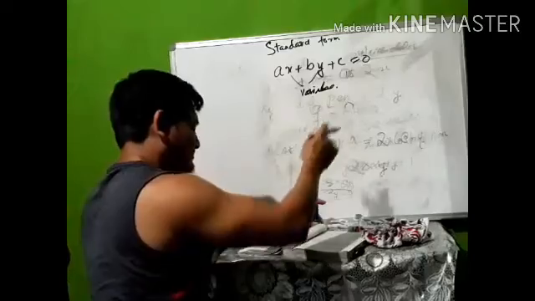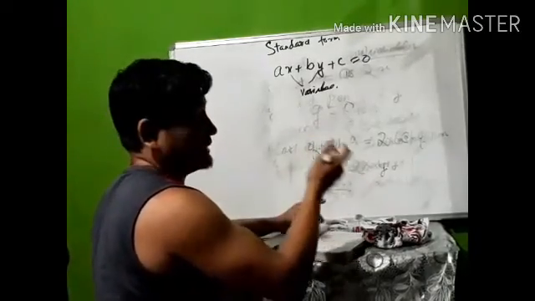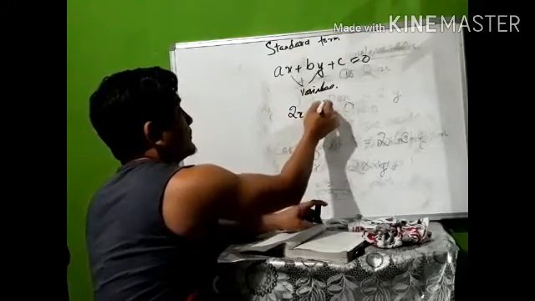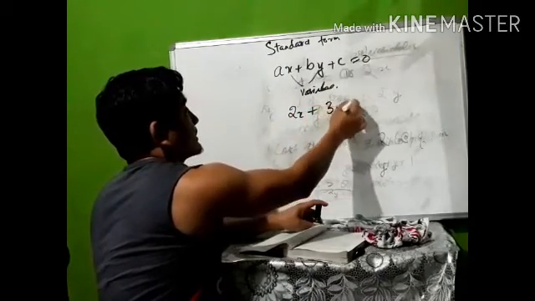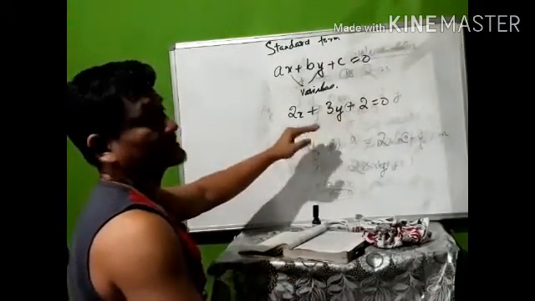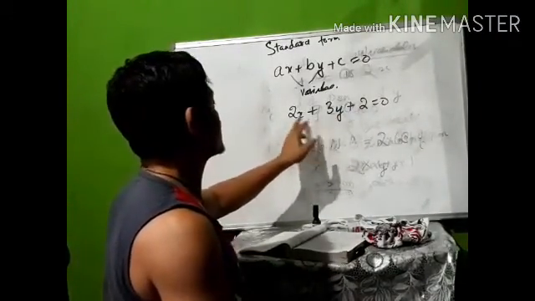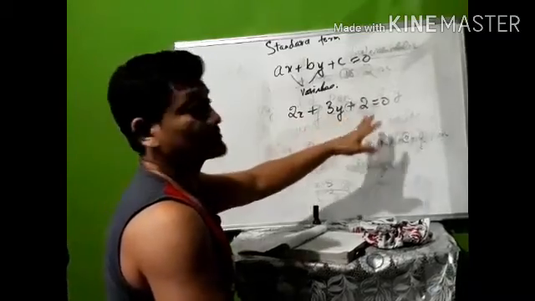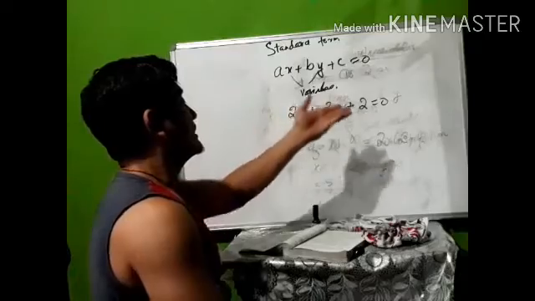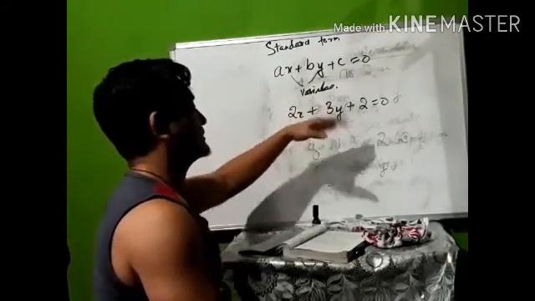Any linear equation in two variables can be written this way. I'll show you the way of writing a linear equation in 2 variables. If you write it this way, this is the standard form. So 2x plus 3y plus 2 is also there. Sometimes you may have terms on the other side, so we can bring it back to the left hand side and write the standard form.